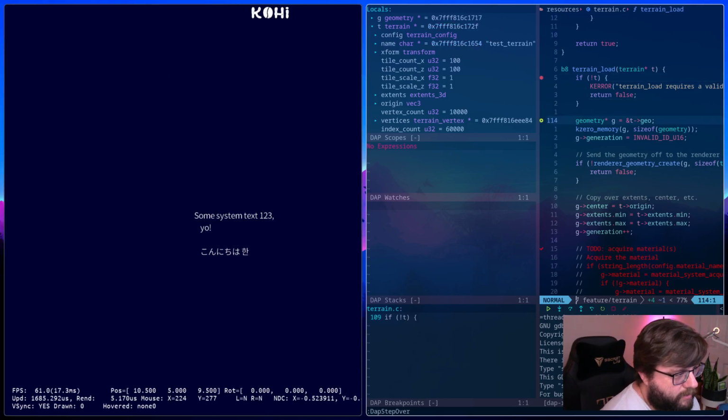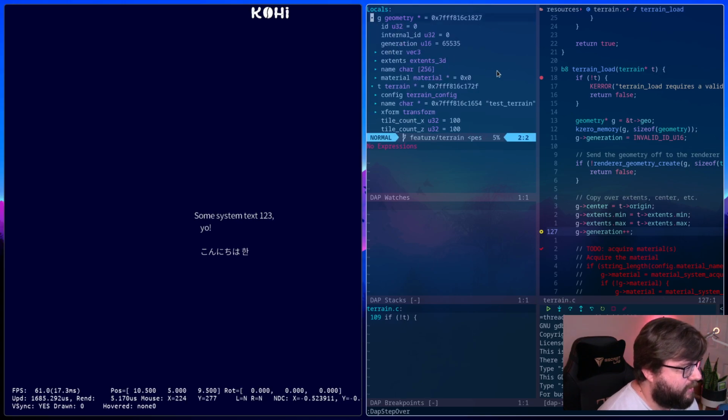So we're setting the generation to invalid U16, which makes sense. Looks like it created these geometry, which is good. Let's take a look at the geometry itself. So the extents should be set now: 0, 0, 0.